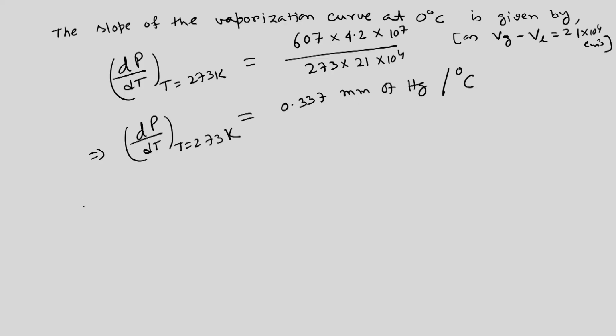So, for the vaporization curve, the slope is 0.337 millimeter of Hg per degree Celsius. Now, the slope of the sublimation curve at 0 degree Celsius is given by